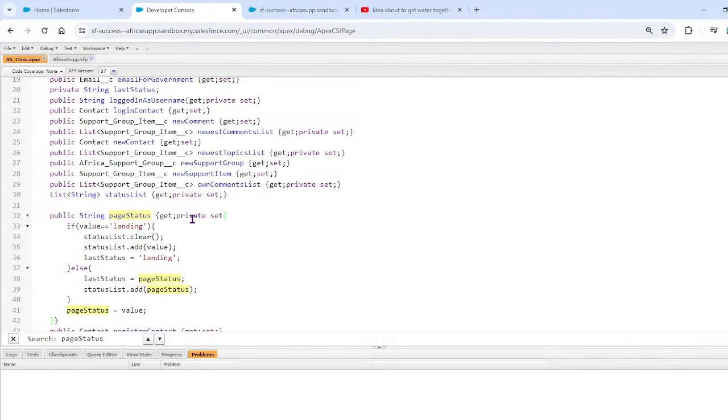Private means that it can only be set here, in this area. It cannot be set on the web page or by typing in something. Good. Anyway,